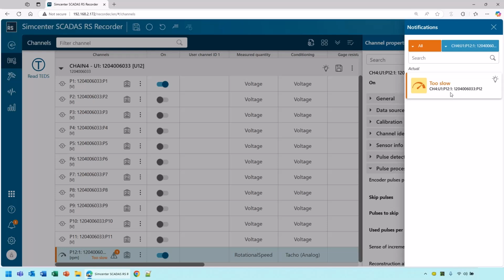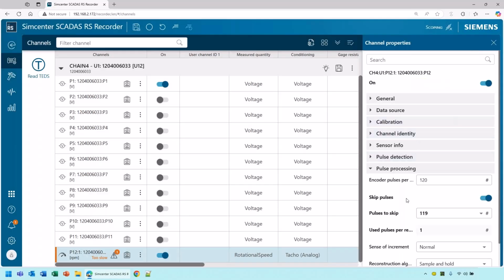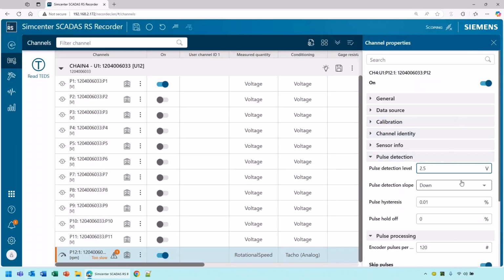That could be whatever I'm measuring, the shaft or whatever, isn't spinning, right? That's correct. Yeah, if you had everything set up properly and the shaft was not spinning, you would get this message as well. Or it could be that I miswired it or something, and it doesn't see any pulses. That's true. All it means really is that it's not detecting any pulses. Or it could be our threshold isn't quite right. That's very true. If I go back to pulse detection, maybe that 2.5 is too high. I see. So a lot of good options that you have with the analog, some that are a little bit more advanced than the digital, I guess. That is true. Yeah.